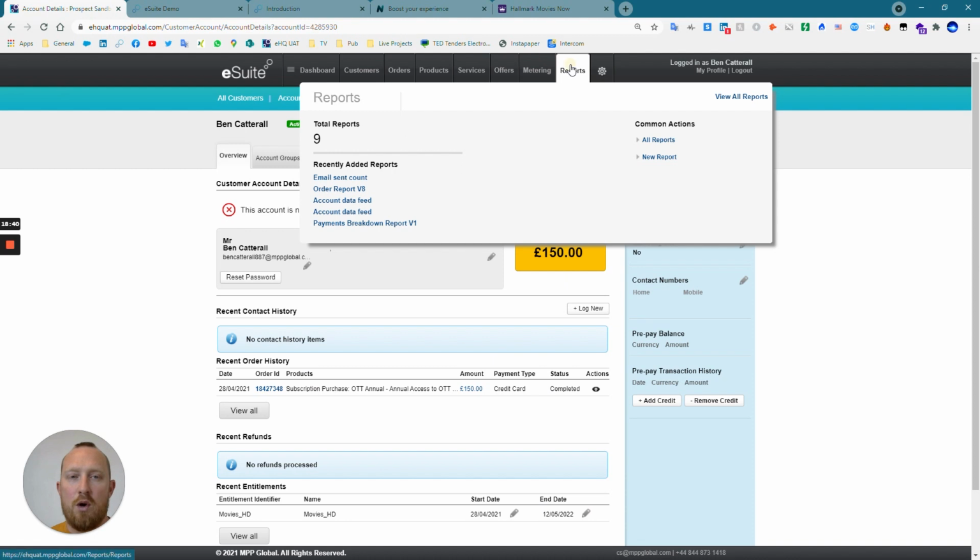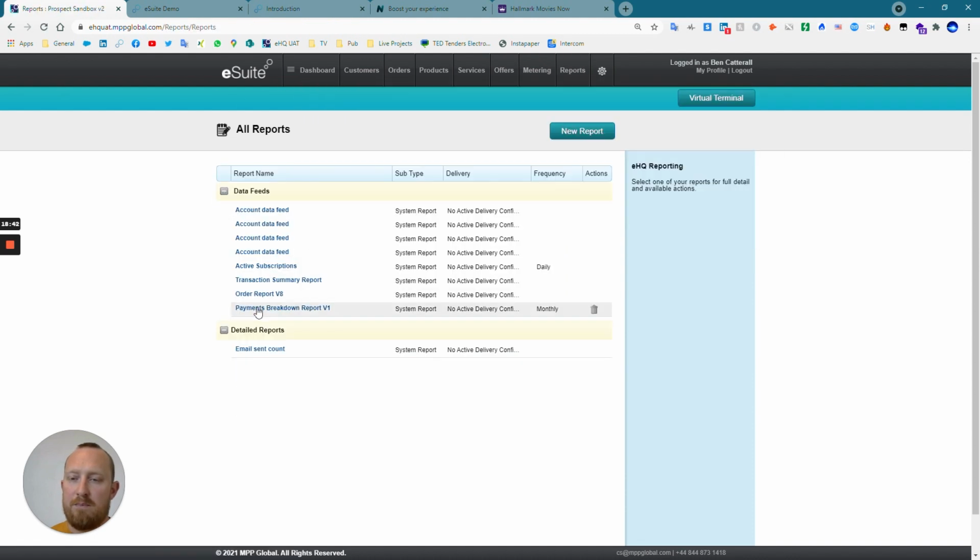Of course, reporting is important too. Lots of pre-canned reports available in eSuite, things like order reports, account data, and we do have a data lake product called eSuite Schema, which exposes and makes all data held in the platform available to our clients in a big data scenario. And just to bring that into the real world, if we look at Sky, one of our